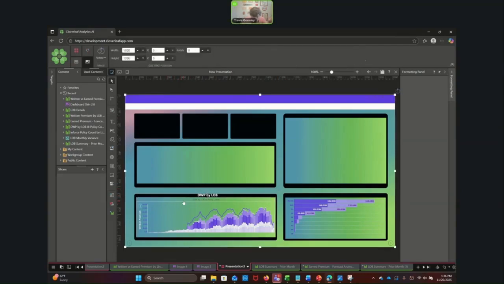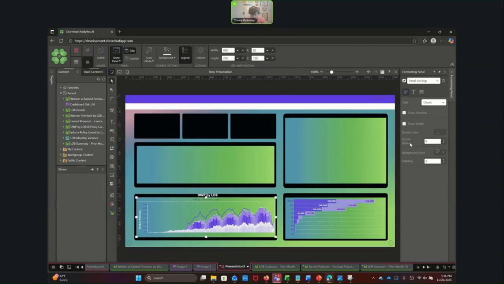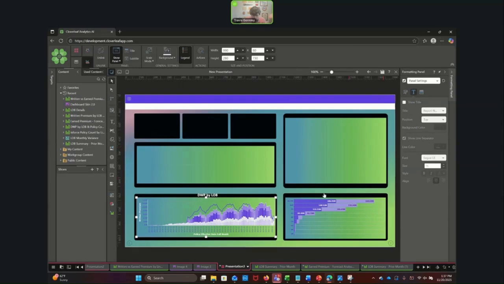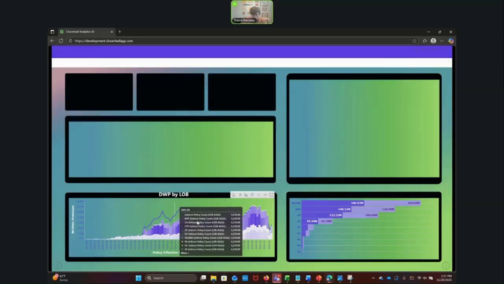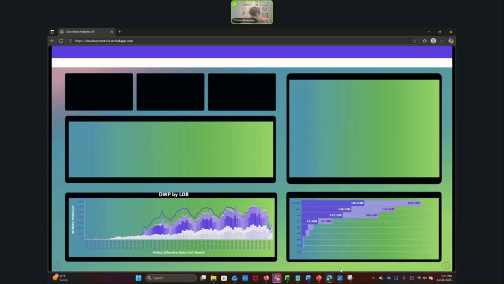So either way works, because at the end of the day, it doesn't matter to the user how the title is being shown. What matters to them is potentially that there's more room. So by removing that title, I've given them a little bit more room. And then, of course, they can still have a title at the top. The spacing might not be the best, but just as a for instance, that's how it would